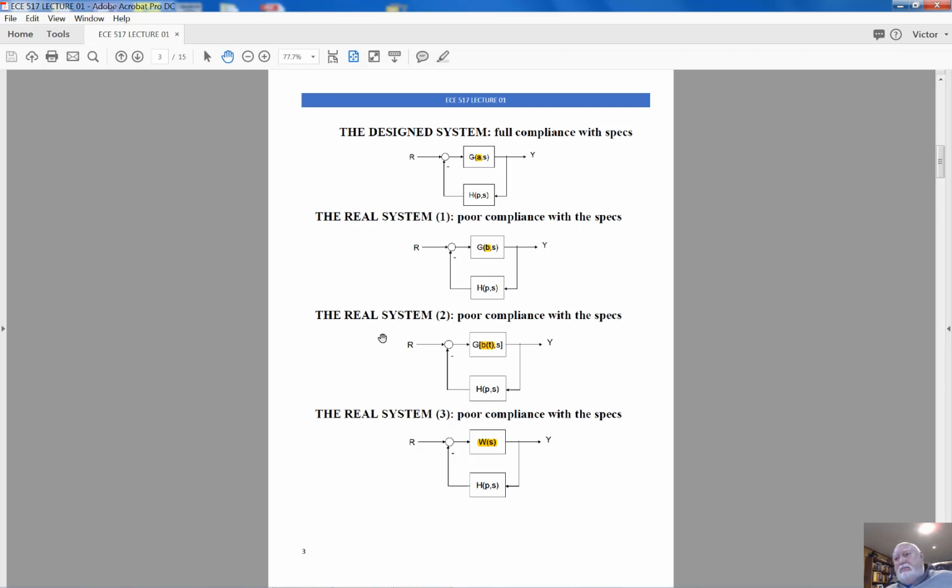The second problem is that parameters of the controlled plant defined at the stage of design may change with time. As an airplane is flying, there is ice buildup on the control surfaces. If it's a chemical process, then properties of the catalyst change with time. The thermoinsulation is getting destroyed, and as a result, at the beginning, when the brand new system is turned on, it complies with the design specs. But as time goes on, the compliance